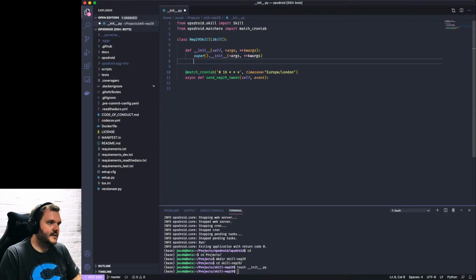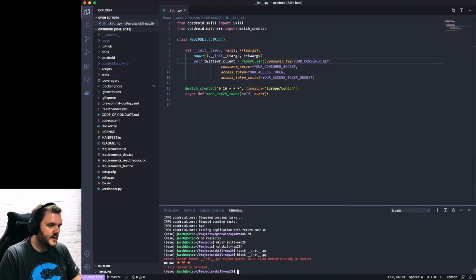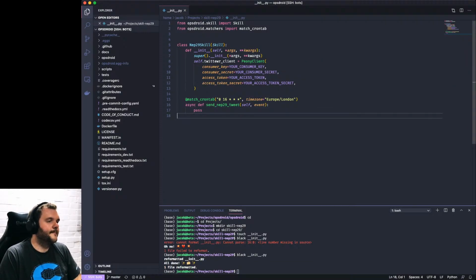I'm just going to say self.twitter_client equals that. I kind of want that to... let's just black that. And it flags line 16. Oh yes, because I've just not done any code yet. Right. I should enable black on save on here really.